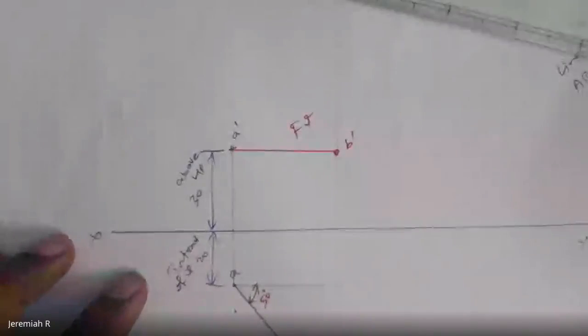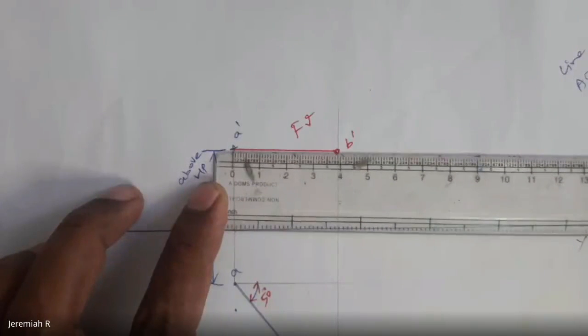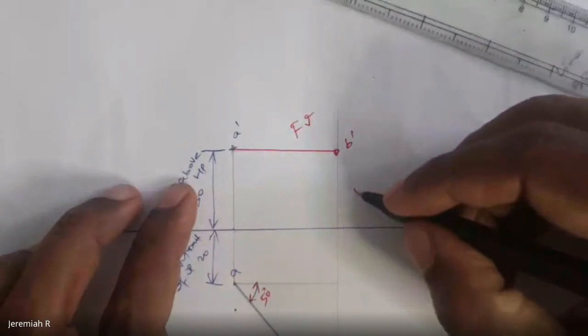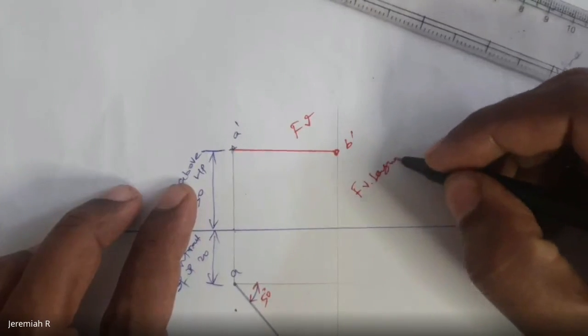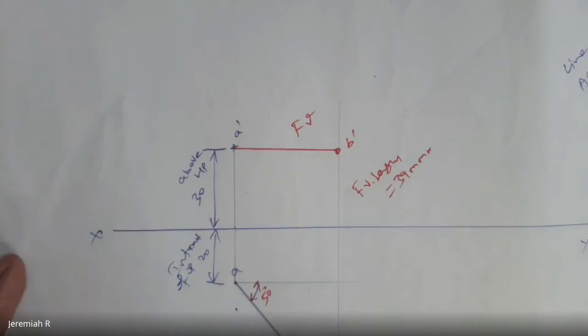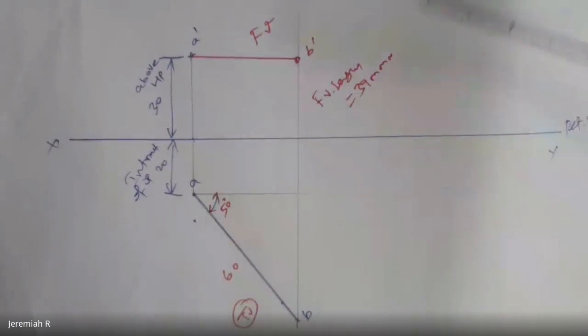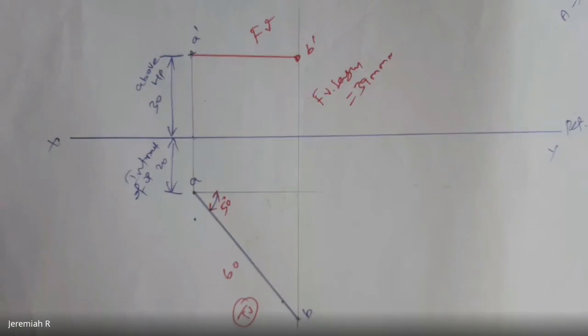Sometimes they may ask what the measurement of the front view is. So you have to measure the distance, and you are getting 39. So you have to write: front view length is 39 mm. This is your top view, and this is your front view. So the problem is over. But if it is asked,